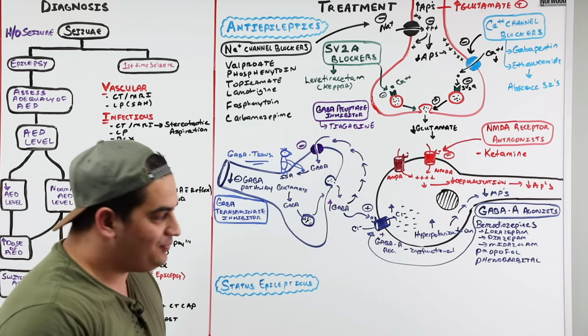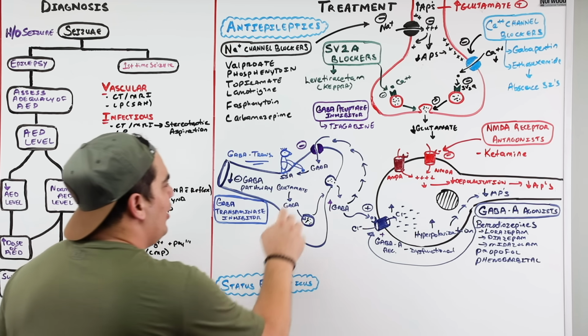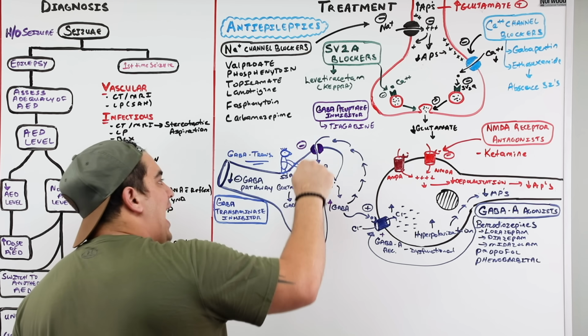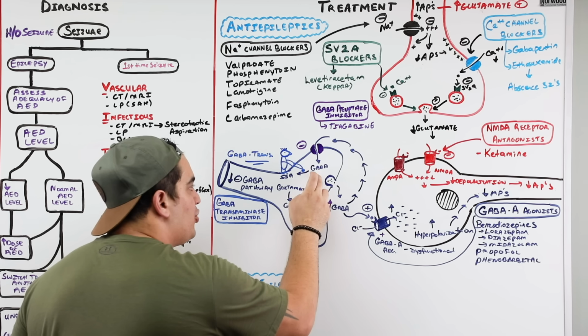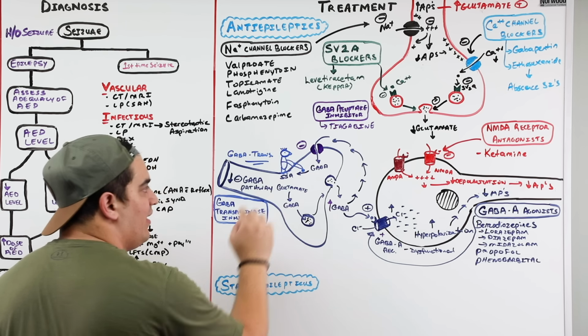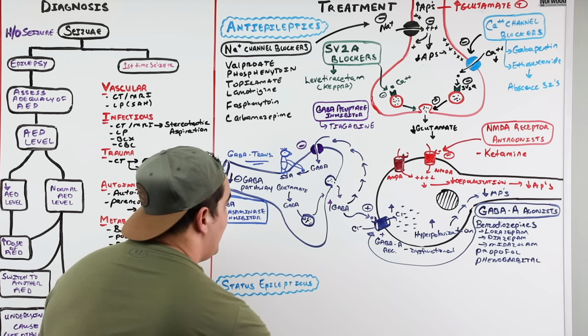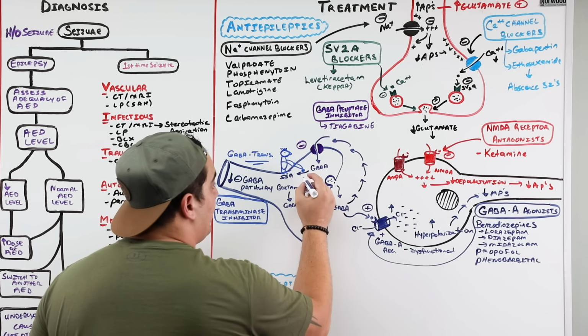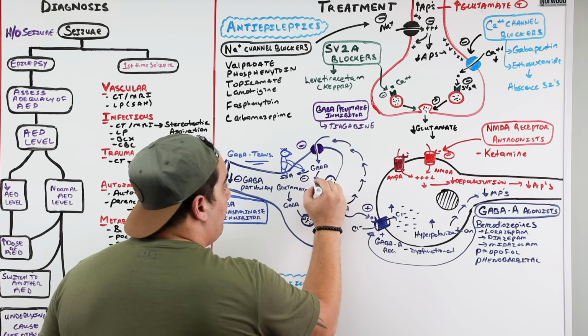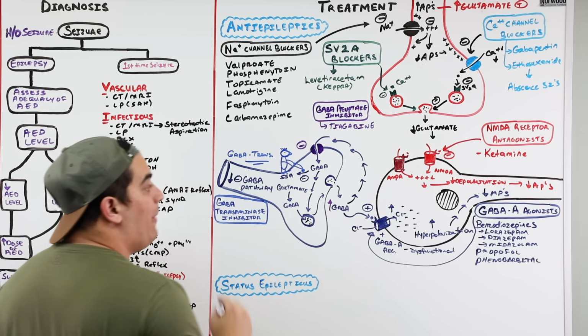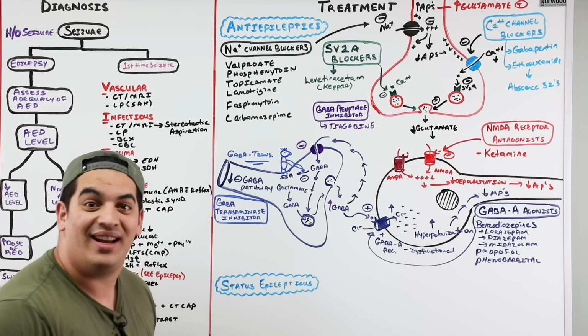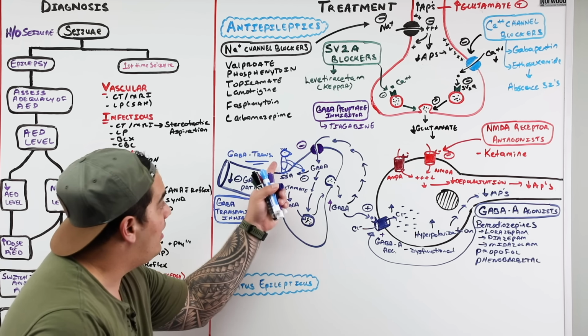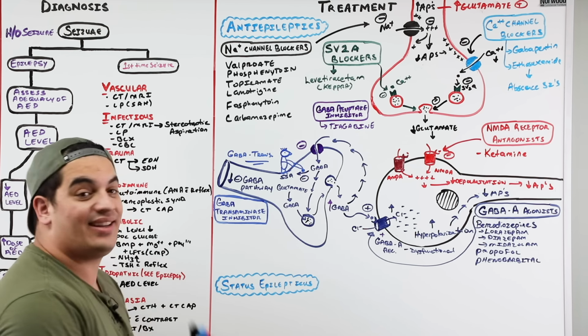The next thing, not only can I prevent GABA from getting reuptaken, but what if I try to prevent GABA from being converted into this inactive form and instead inhibit this process and allow GABA to be recycled, put back into the vesicles, and excreted again? So I inhibit this enzyme from doing this activity.